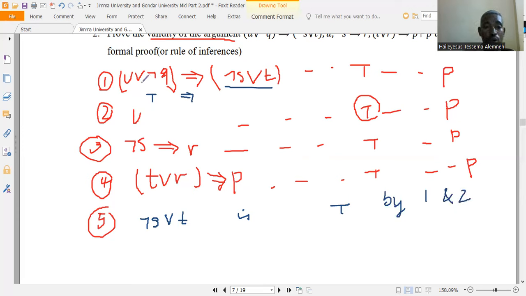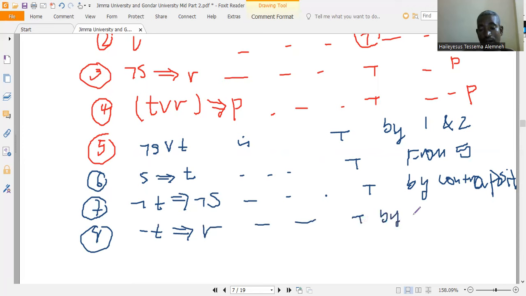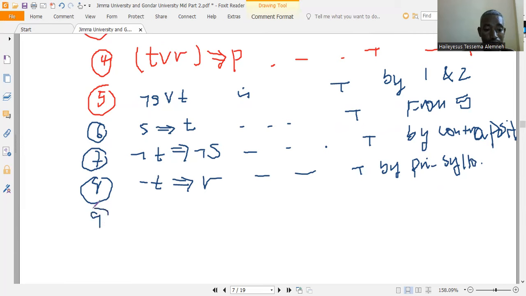ከዛ ስምንተኛ ላይ ምን እናድርግ አሁን እዚህ ጋር negation of s implies r ተሰጥቷል true ነው። እንደገና negation of t implies negation of s ደግሞ ተሰጥቷል። ስለዚህ negation of t implies negation of s እና negation of s implies r ደግሞ ምን by principle of syllogism negation of t implies r is true by principle of syllogism። አሁን ዘጠነኛው equivalence property ጋር እንሂድ which is negation of t implies r equivalence ማን ነው? t or r ነው which is true by equivalence by 8